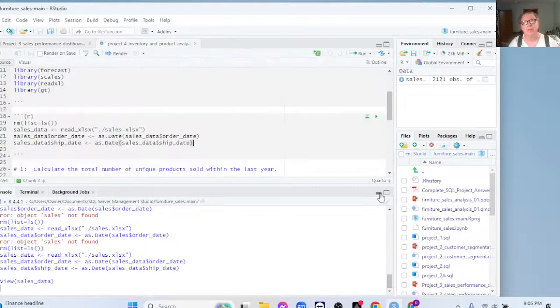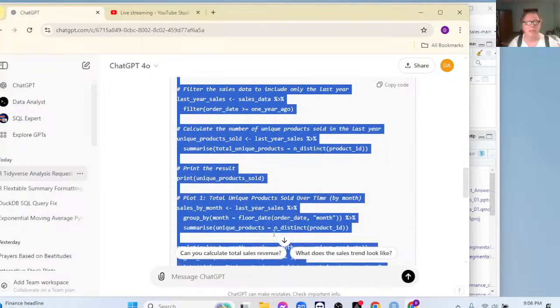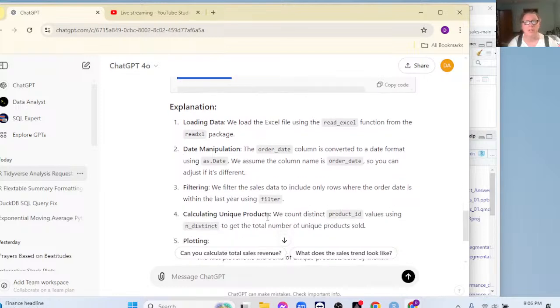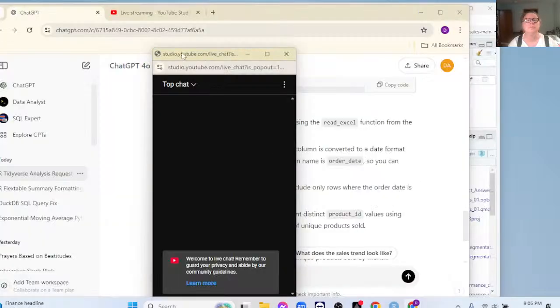All right, so let's come back over here now. Let's get the first question. What's it say down here? Load the data manipulation, the order date column convert to date format, as date. We already did that. We assume the column name is order date. Filter, we filter the sales data to include. Oops, wait a second. I got some over here. What happened to our